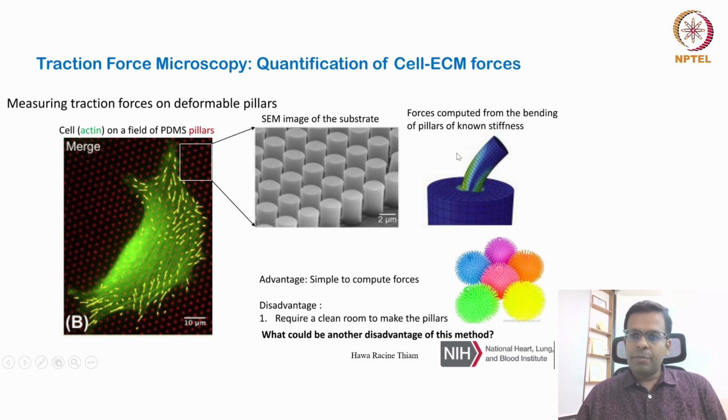From the microscopic image and using computational image processing, we can calculate how much bending of the pillar has taken place, and from that we can calculate the amount of force that the cell has applied on the pillar. Here you can see the small pillars, that is the substrate, and the cell is on it. Different areas of the cell impart different forces on different pillars. You can see some of the pillars move a lot like this, whereas some of the pillars show very small movement because of the forces exerted by the cell. So this is how you can measure the forces.